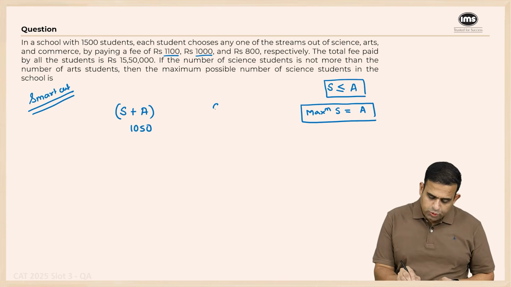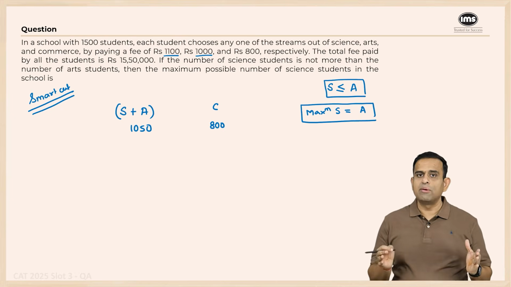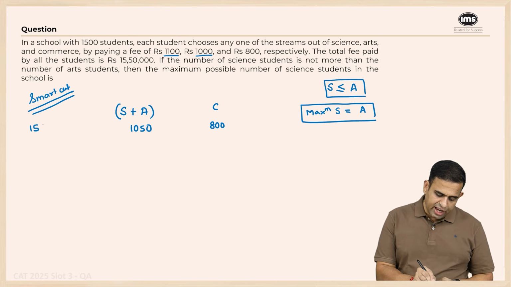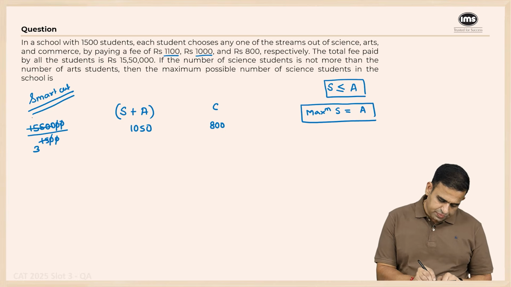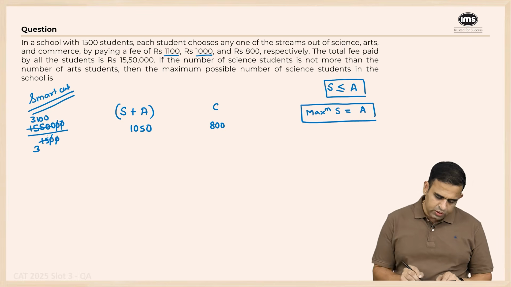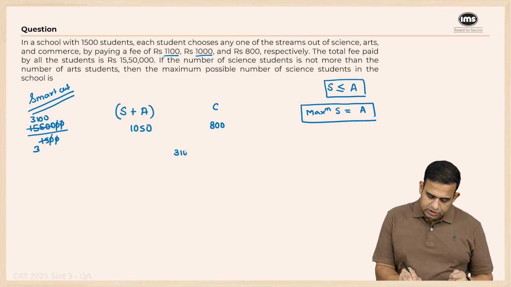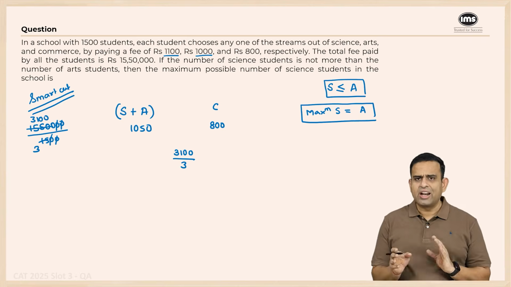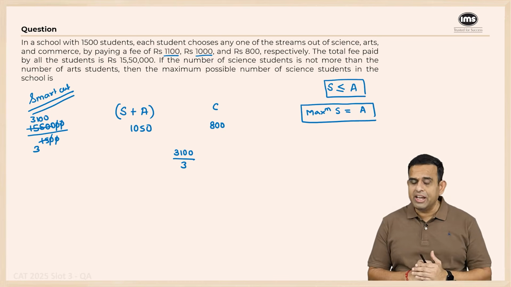Whereas, let's say, for the commerce student, the amount paid basically was 800. Now understand, total amount paid was 15,50,000. The number of people total are 1500. So if I simplify this, 5 3s are 3100. So 3100 divide by 3, and that you can say is equals to 1033.33. I can apply allegation over here